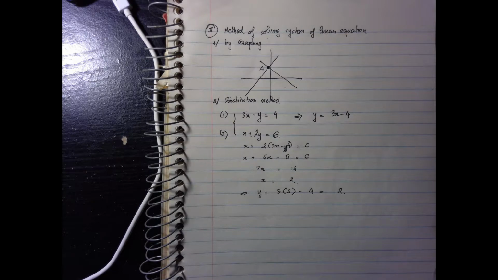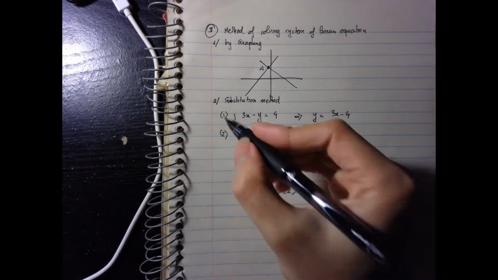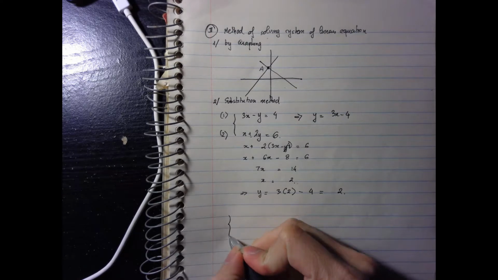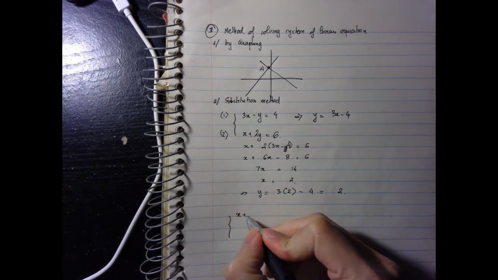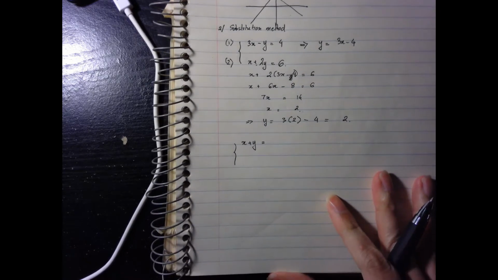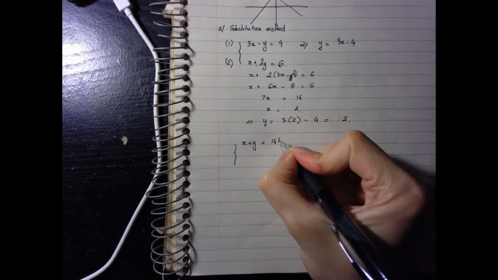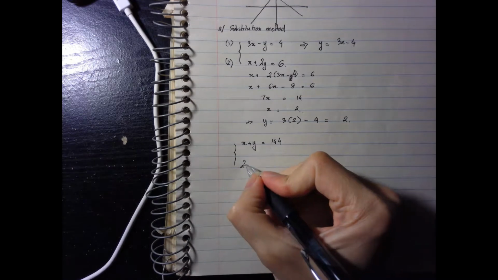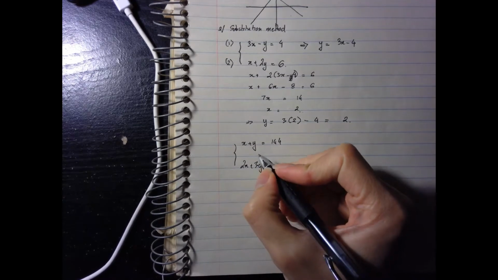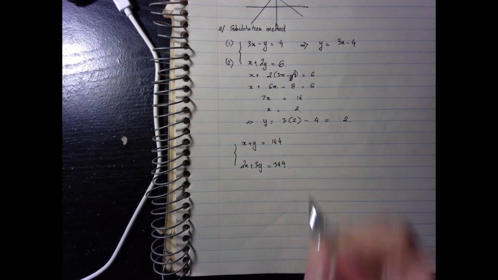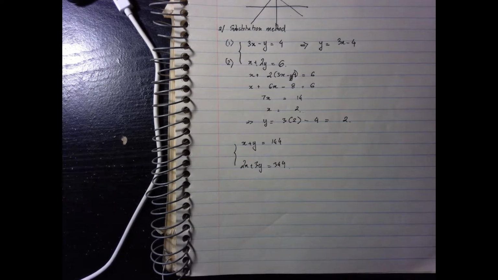Okay, another example like this. x plus y equal 104, 2x plus 3y equal 344. Okay. So in example number 1 and example number 2 here, the system of linear equations is in standard form. Okay, so again, I'm going to pick the easy equation to start with, and by observation